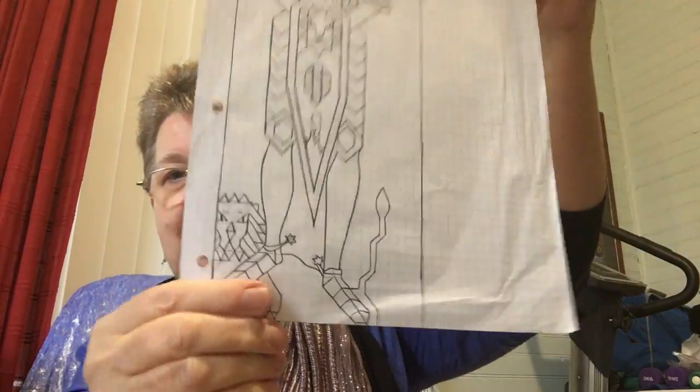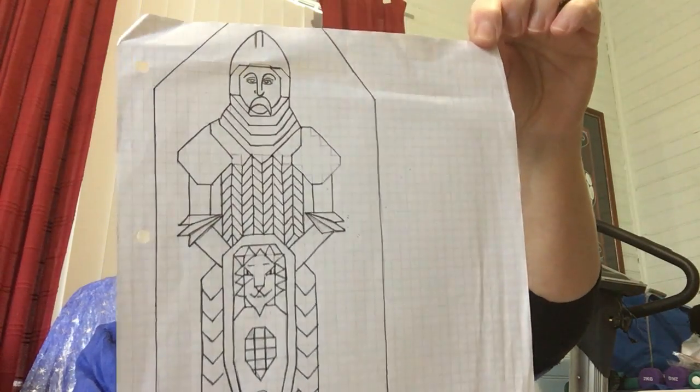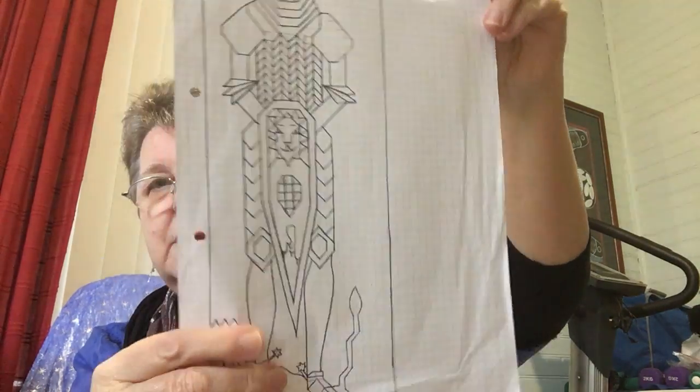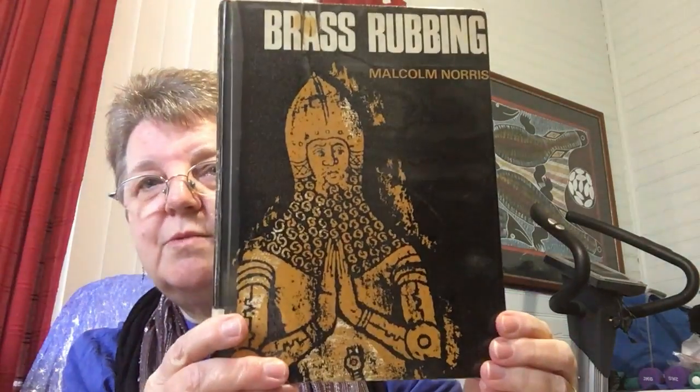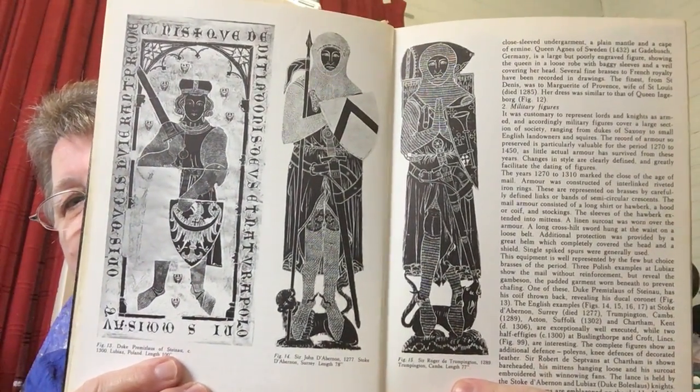And now, this was my foray into designing a blackwork. Now, I would show you the original picture if I could find it. But I thought it came from this book here, Brass Rubbing by Malcolm Norris. And I'll just show you the kind of, you see it has pictures like that in it. And I know I must have got it from something like this,